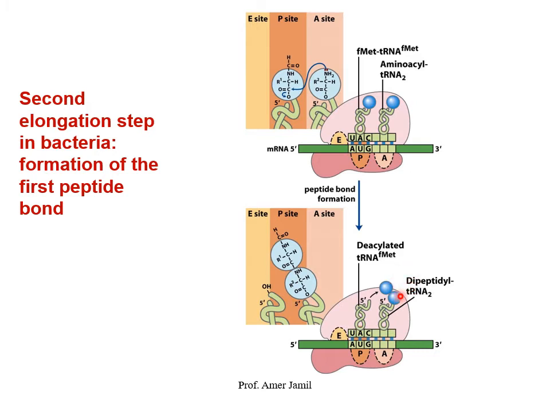And this is dipeptidyl transfer RNA here, and this is deacylated transfer RNA, F-methionine. This in the superscript shows which anticodon this transfer RNA contains. The superscript is for the anticodon, and if we write the name of the amino acid here, that will show which amino acid is attached. So since F-methionine is attached with this transfer RNA, it's written here, and this F-methionine in the superscript is for UAC.